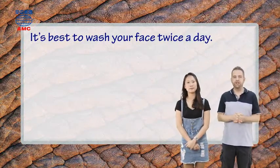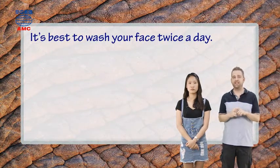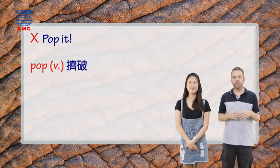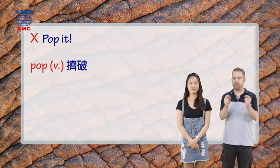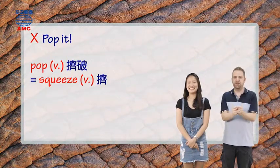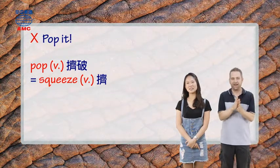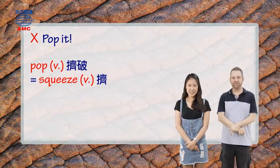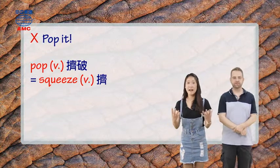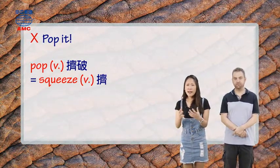Three times. So, time for our next don't, which has another red X and says pop it. So pop, P-O-P, pop, to pop something means to make something burst with a noise. Now here it means to squeeze your pimples until the white stuff inside them comes out. Oh my god, it sounds so gross. It is. 下一个呢，就是不能挤痘痘。Pop 这个动词呢，是使东西爆开的意思。这边就是不要让你的痘痘爆开，不要去挤它。